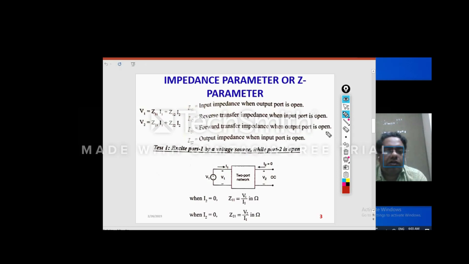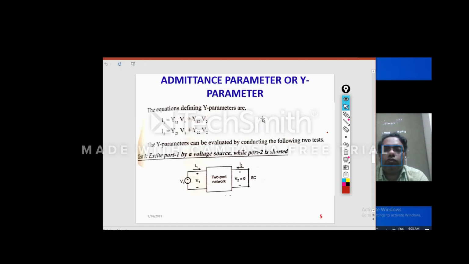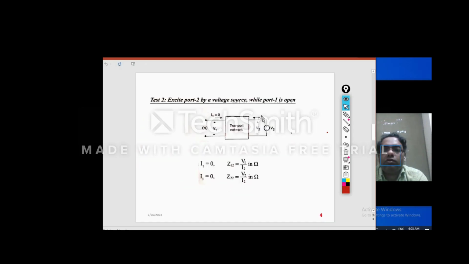Similarly, we can get it if we connect a voltage source at port 2 and open circuit the input port terminals, then I1 will be 0.